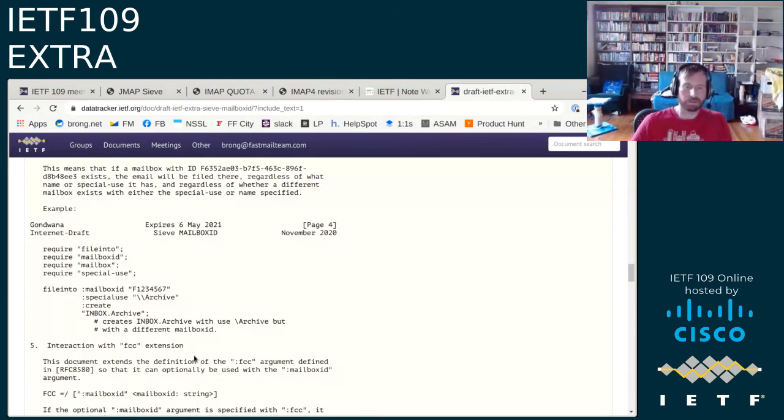And I'm thinking kind of on my feet here, but the example I'm thinking of is that you had the file into with the specific mailbox ID defined just because your system automatically does that, but you also say that the purpose is as a sent folder. Because you might want to tie other things to that mailbox ID in your CIV management system as well. And then if someone went ahead and deleted that mailbox and then another client created a new mailbox with that special use, you wouldn't necessarily want to go ahead and create it yourself in your script because it had been created by another client in the meantime.